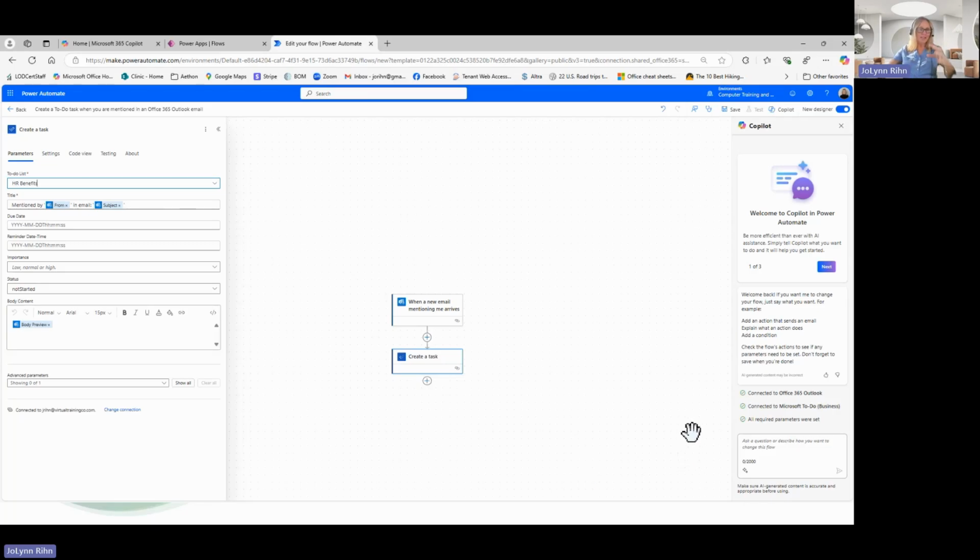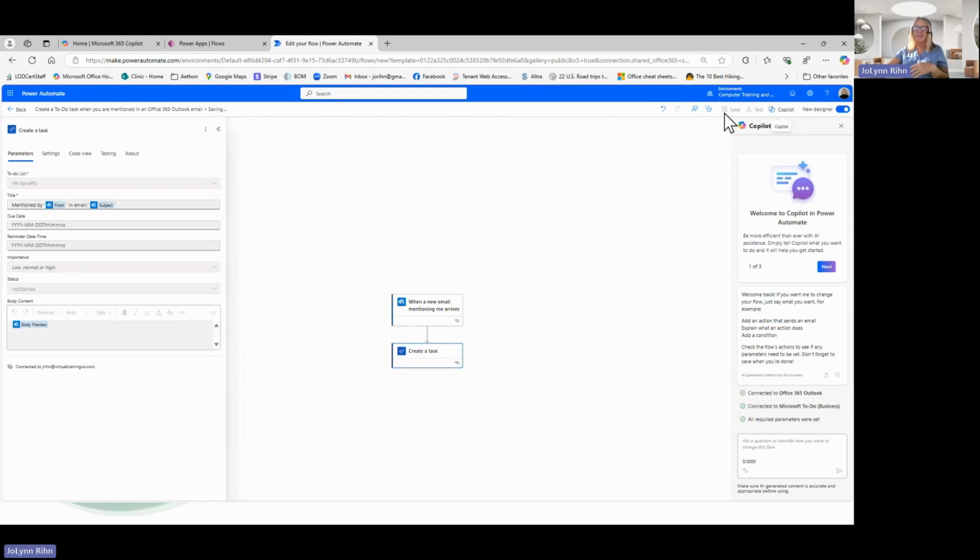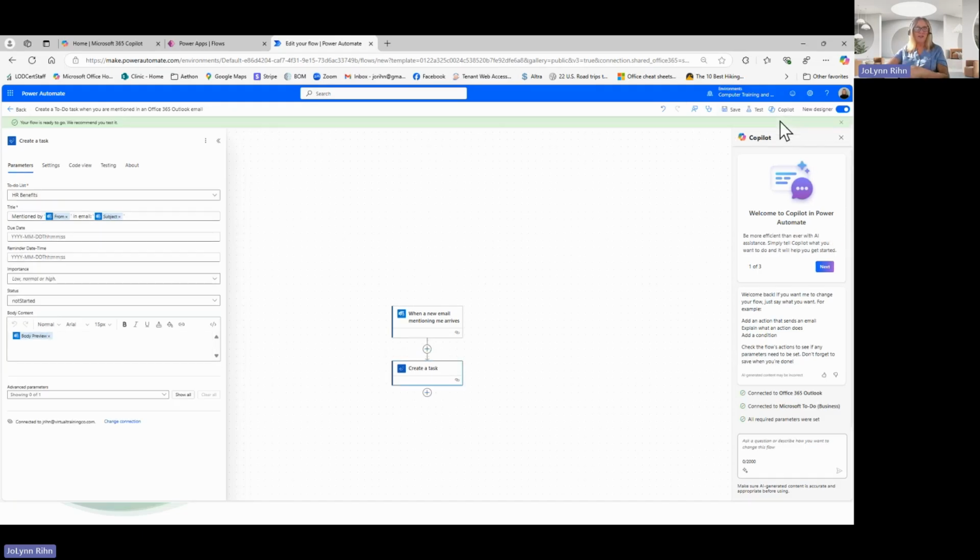But to take this full form here, at the top right is the save. So once you create a flow, you can click the save icon, and I didn't fulfill everything, but once you click save, you can then have the workflow run. It tells you at the top left, your workflow is ready to go. We recommend you test it. At the top right, there's a beaker icon with test. You could run a test to make sure that the workflow runs.